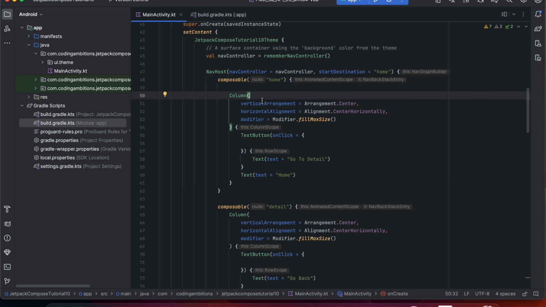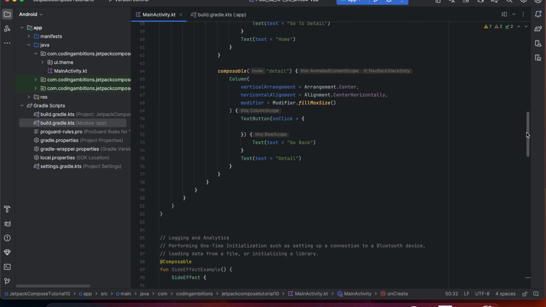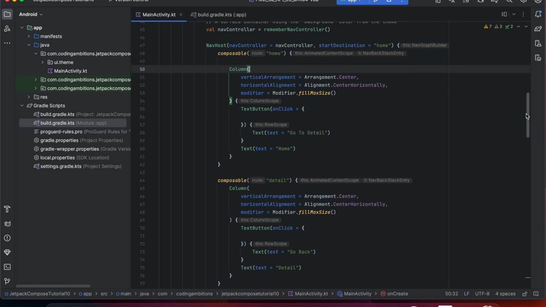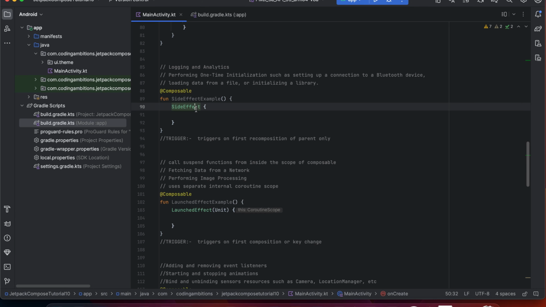So we will discuss a few side effects today, like SideEffect, LaunchedEffect, DisposableEffect, and rememberCoroutineScope. First of all, we will be covering SideEffect. Fine. So what is SideEffect? Let's say we want to log some things for Firebase analytics. We want to log some data, right? So for that purpose we can use it. So what it does is